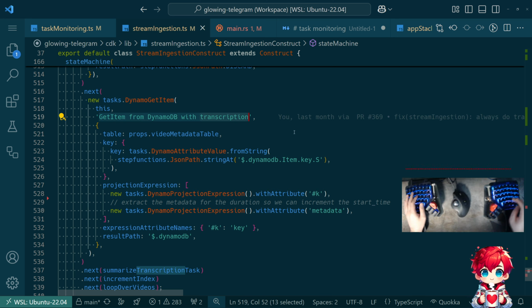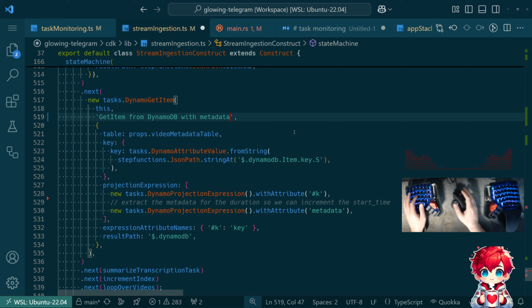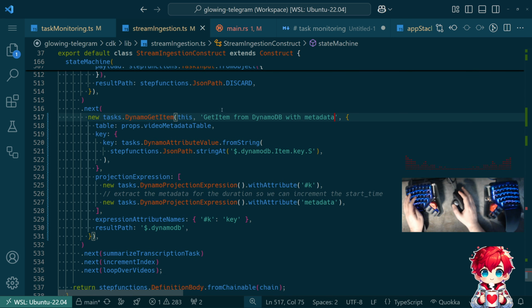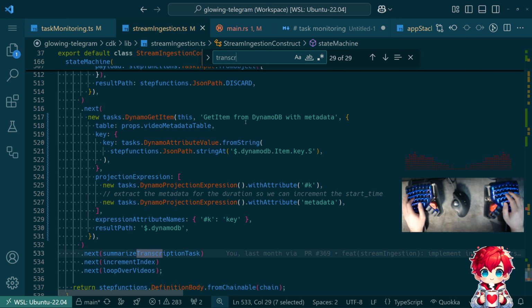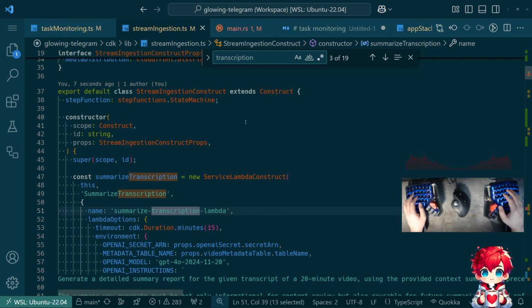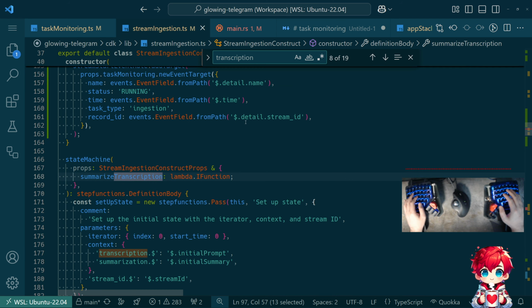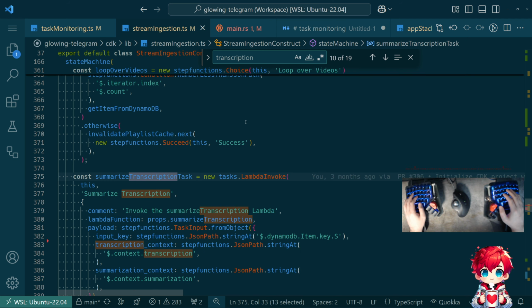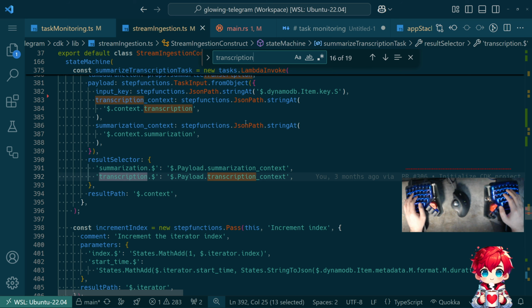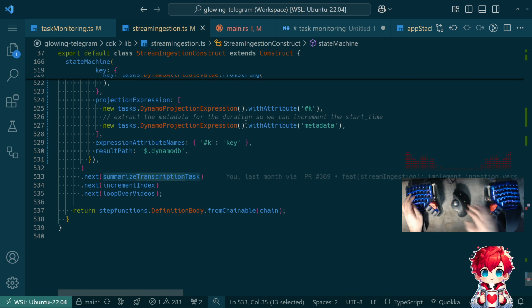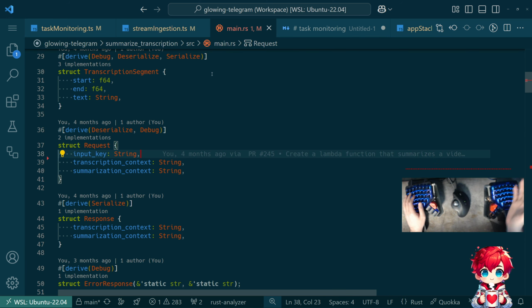So I guess this is actually get item from DynamoDB with metadata. Yeah, there you go. All right, cool. So that's that. We don't need transcription. Transcription here is the initial prompt, so it's the transcription context, not the actual transcription. Yes, good. Okay. Now we just have to fix the code to work with the fact that we're not passing in